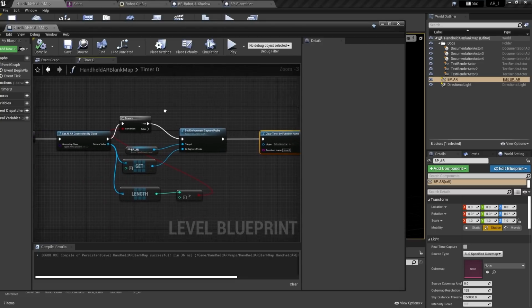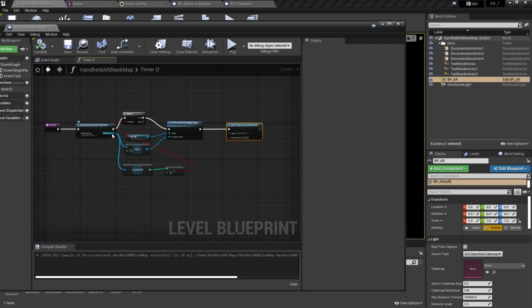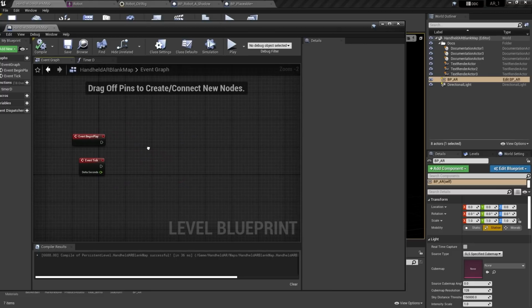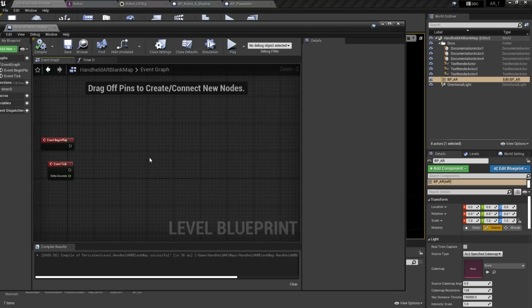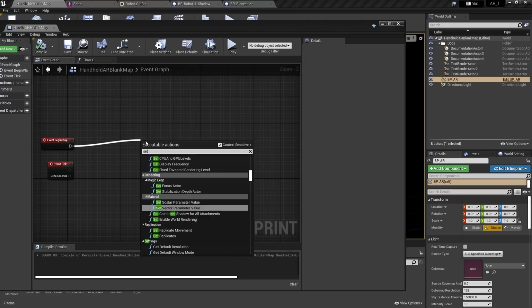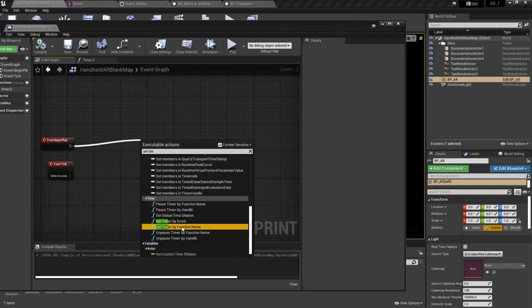The next thing we need to do is get this to update over and over again. So we're going to go back to the event graph, and instead of doing this on tick, on begin play I'm going to set a timer by function name.